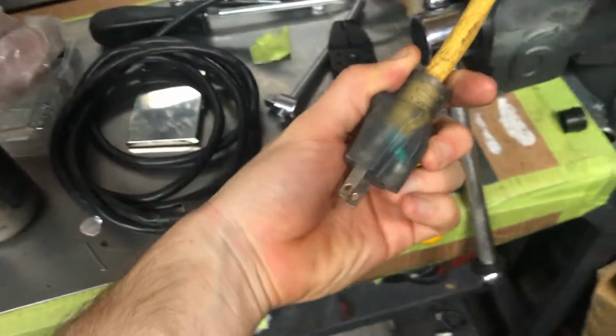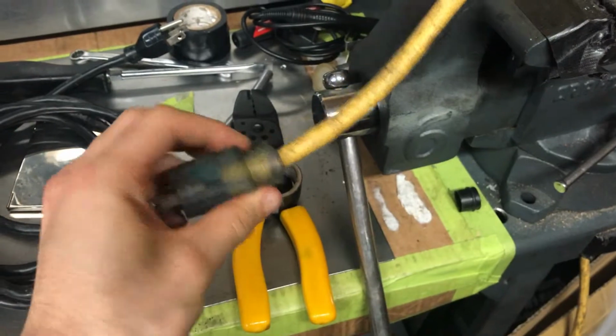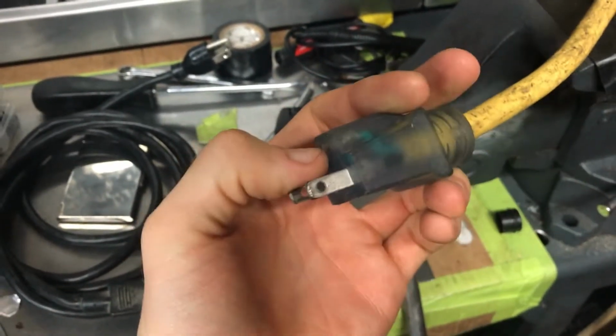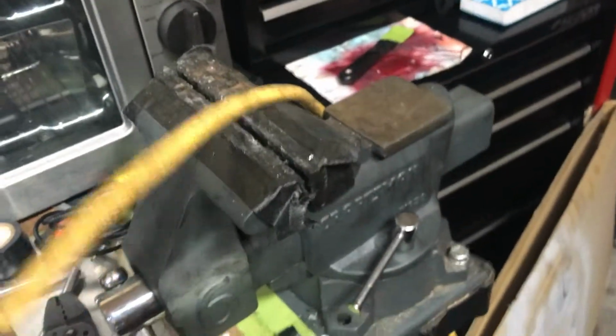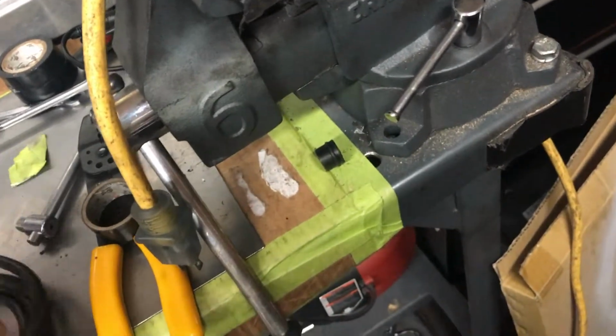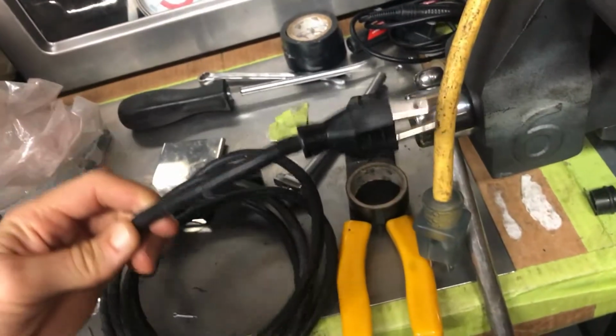Hey guys, in this video we're going to be going over how you can fix a broken power cord if you have one. In this case we've got a 3-prong that had one of the ends rip out, and now this is a cable extension, so it's getting a lot less power through it. So what you can do, if you know how to solder, and I'm going to show you guys how, is